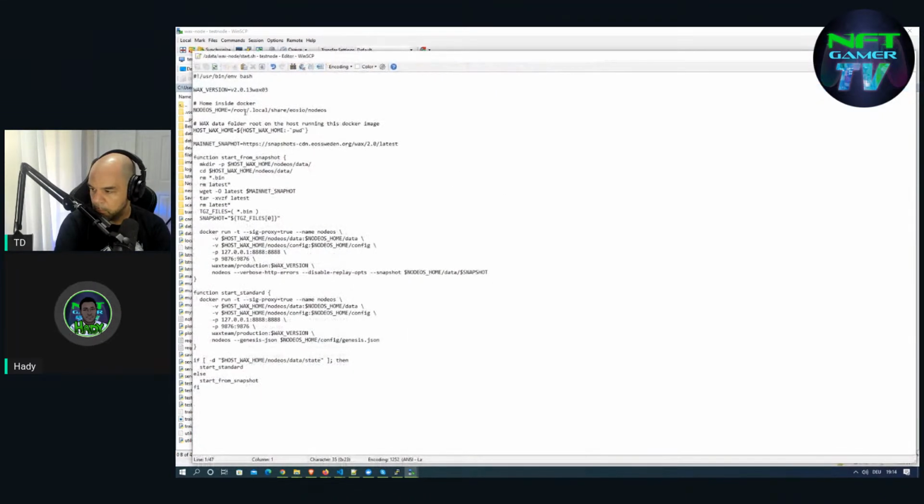So if you open the start sh, you will see that you start by defining a variable. The variable is called wax version. So this is the wax version we are using, and then we have the node root on the Docker, right? So this is how Node.js is being installed on the Docker root system. And then we tell the Docker where to store the information on our host system. If we set this information as an environment variable, we will take that. If not, we will take the current working directory